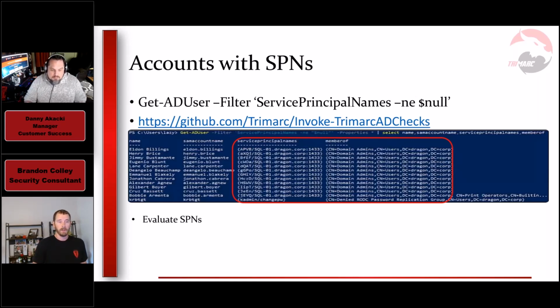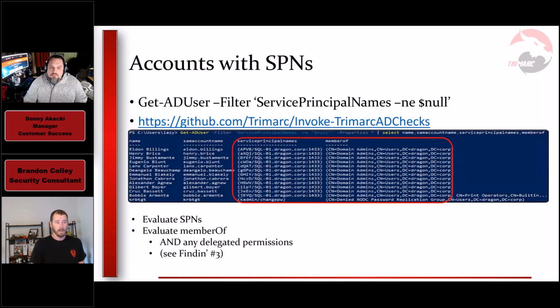So the next step, you'll look at that other column that I've highlighted, which is the member of column. And so this is obviously not real world. It's not as far off from the real world as you might hope. But here you'll see that we've got basically 10 plus domain admins listed in here. We do find this. We find in several assessments at least one service account that has an SPN that is a domain administrator. We've even found the built-in domain administrator account has SPNs on it and therefore is easily attackable in this method. So that's that third step.